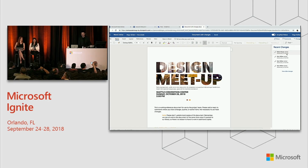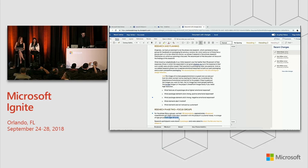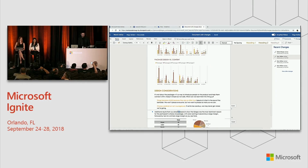In this case, when I wasn't looking at the file because I was enjoying Universal last night, you can see that Deborah has made some changes, adding this little portion. Alex has changed a tiny bit of word in here, and all of the other changes. And that list is apparently out of date because I was having too much